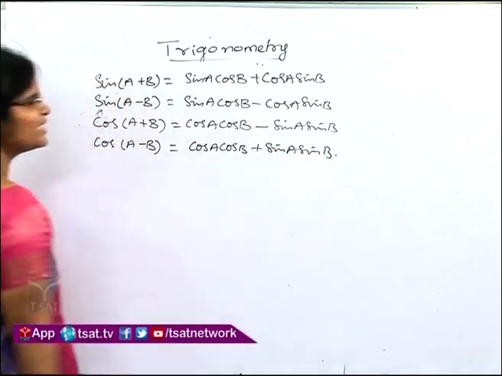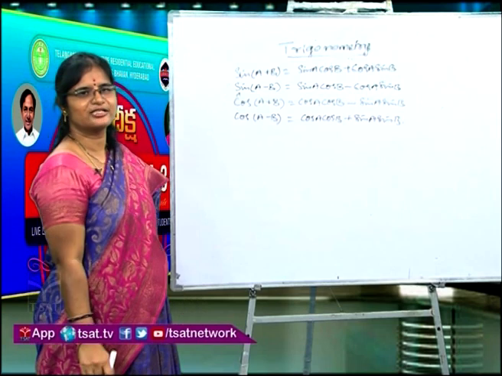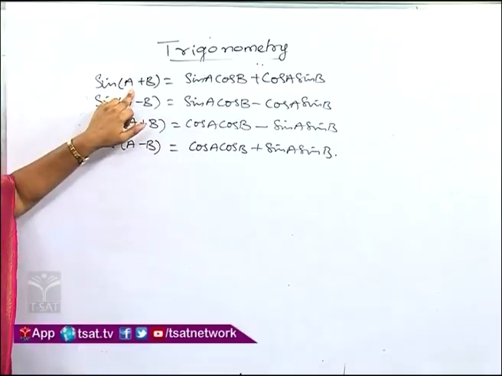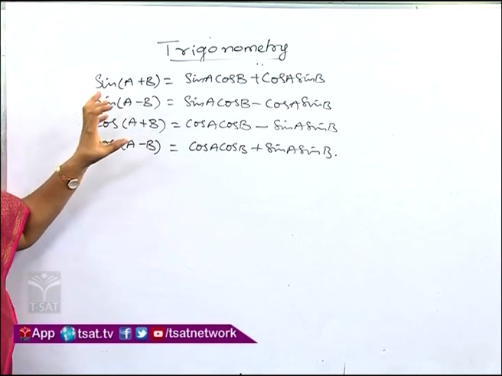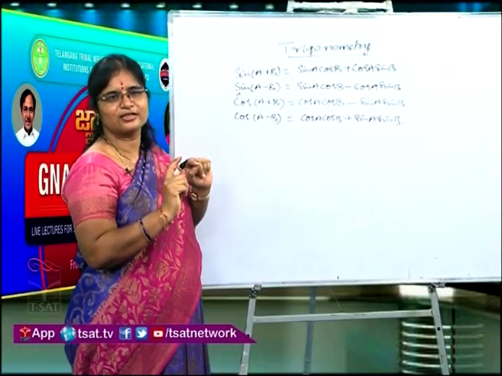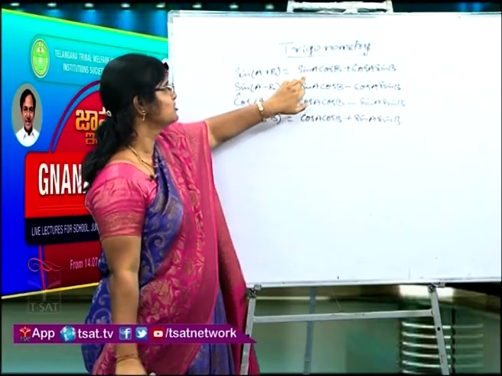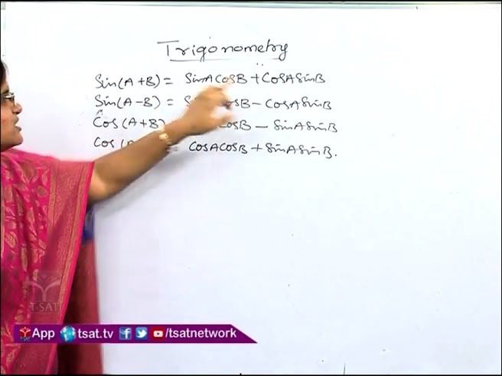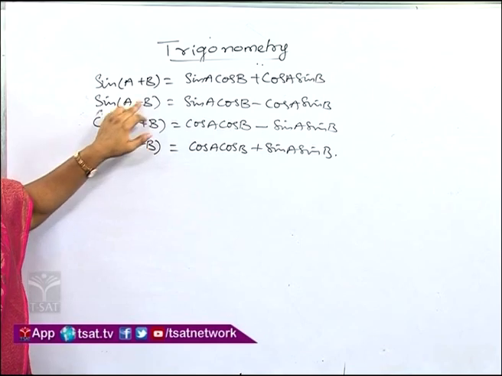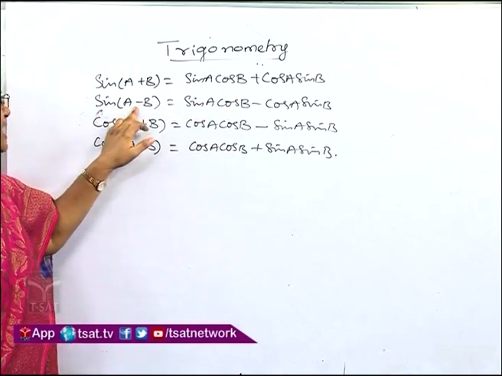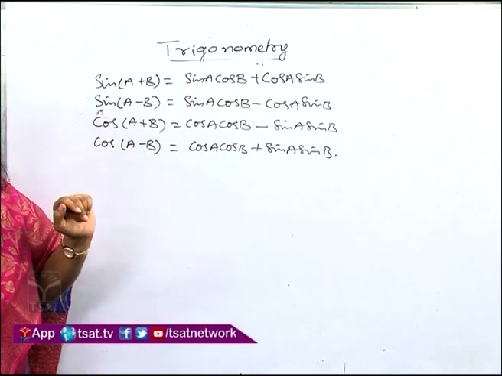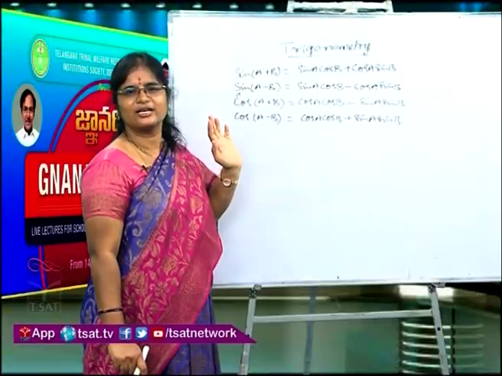So, if you remember like this, you will forget, children, definitely. So, with some logic we have to follow, children. Suppose we take sine of a plus b, so here sine means, always remember, the combination of sine and cos will be there, children. So, sin a cos b plus means plus, cos a sin b. Next, sine of a minus b, same, sin a cos b, minus is there means minus, cos a sin b. So, in that way, if you remember, then we won't forget in our life, children.